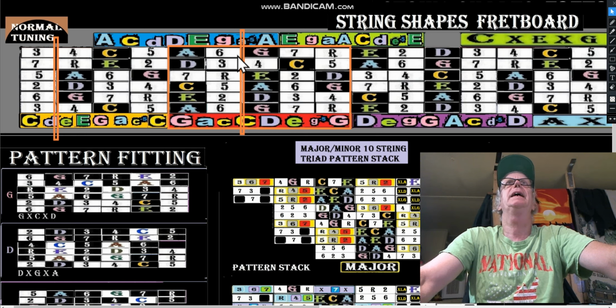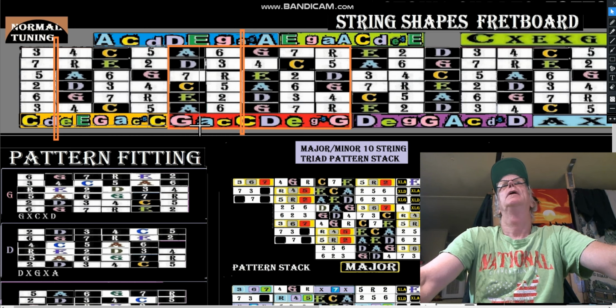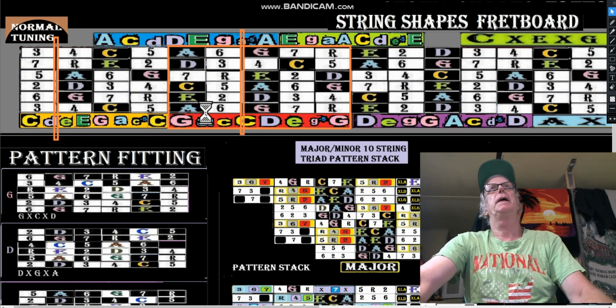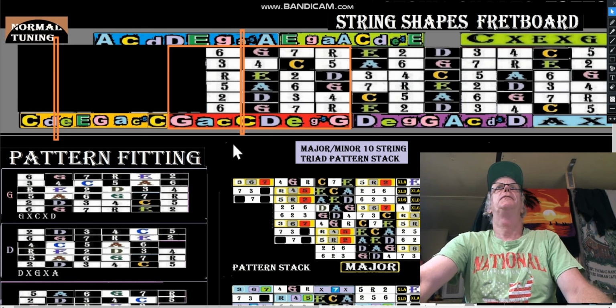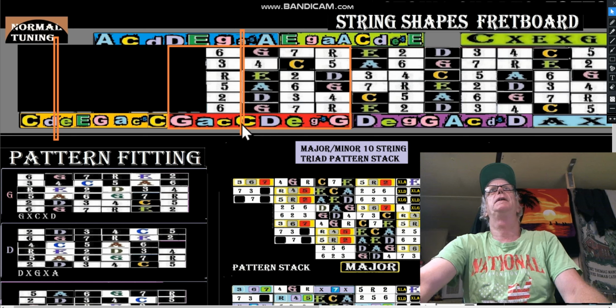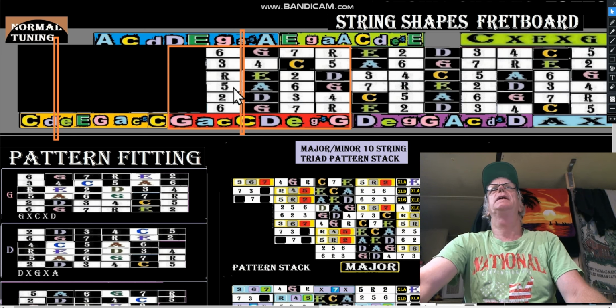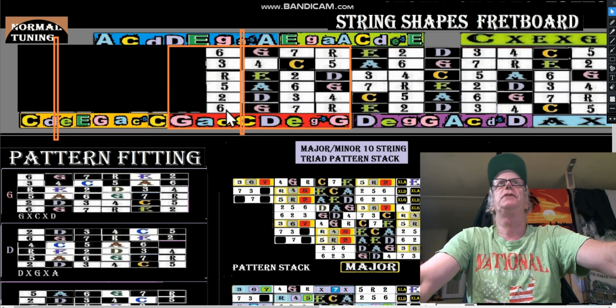If that's the case, then these notes, I want to do this carefully now, these notes go away. If that's our fret nut, then we're in the key of G, because E becomes the